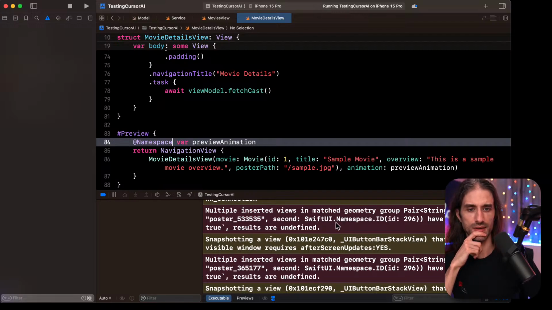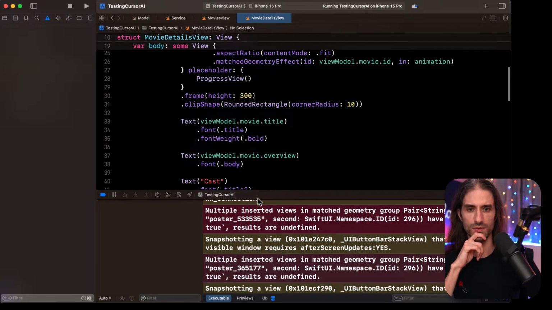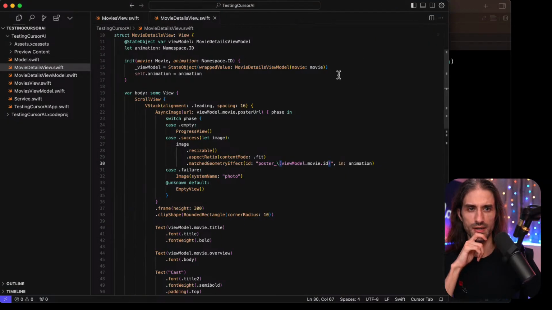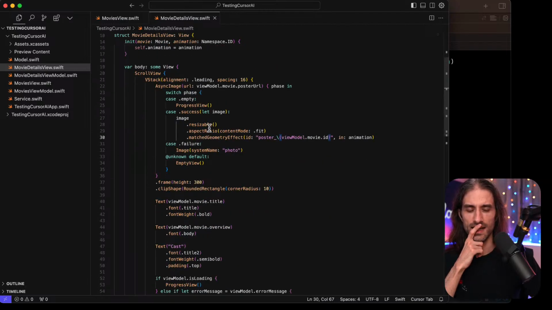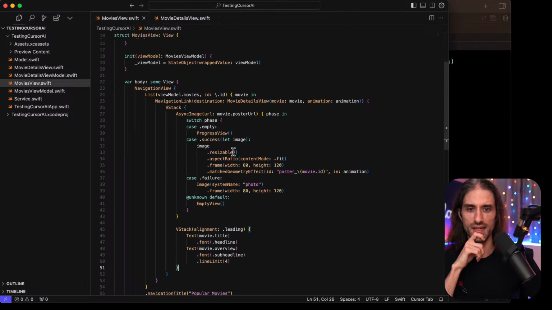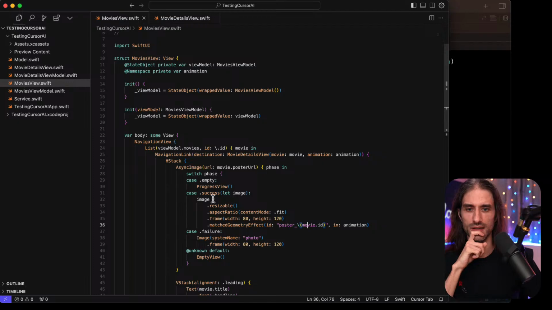So here we have the namespace. Why do we have this behavior? Because the change that was made, I mean, the ID was already supposed to be unique.